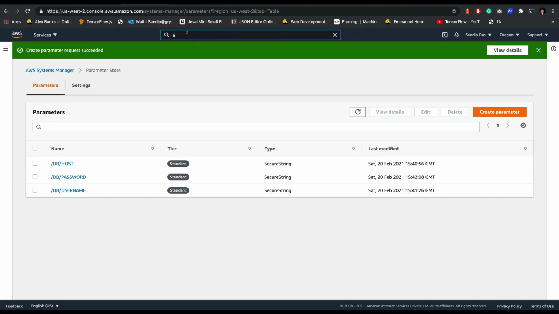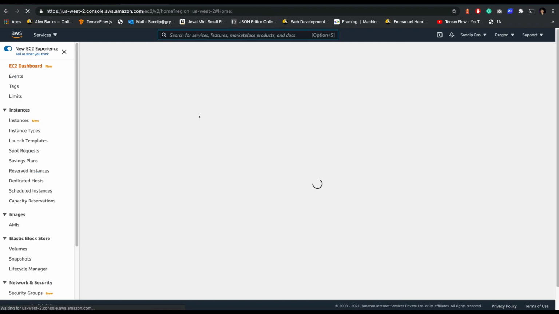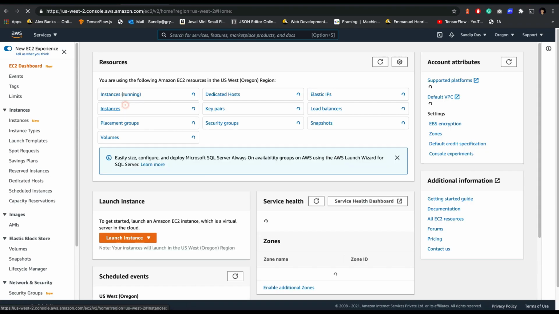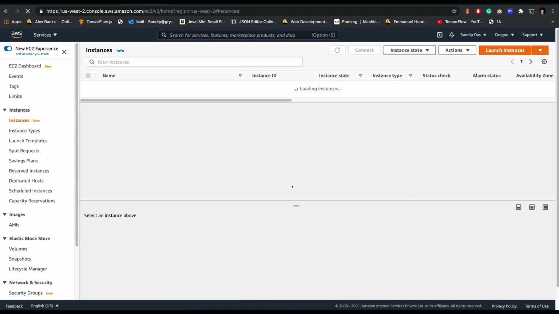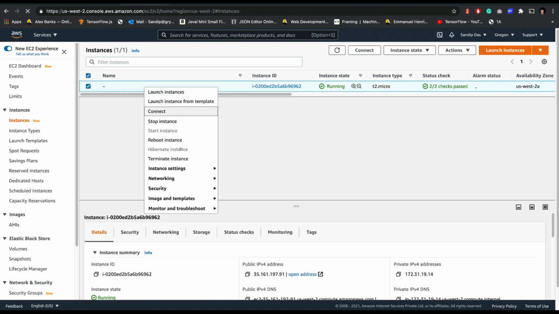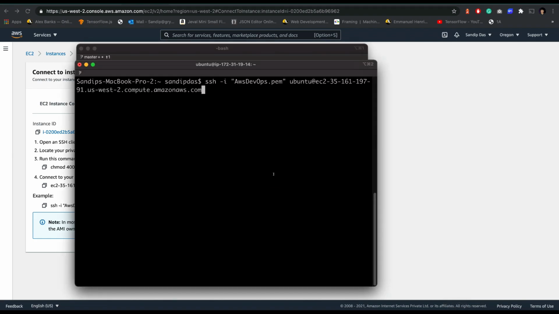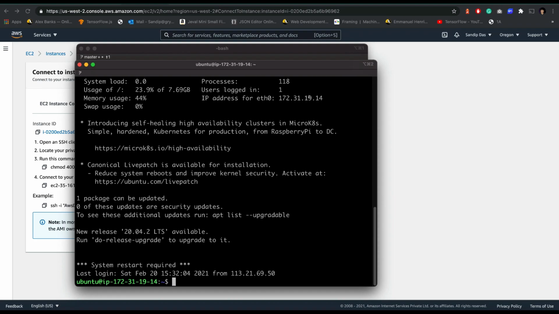Let's go to the EC2. After it loads, I will simply get the SSH connection command. Okay, it loaded now. Just right click on the instance, and if you see the connect option, just click on connect. Okay, you see EC2 Instance Connect, Session Manager and SSH client. Let's use the SSH client, and this is the command, SSH, then the PEM. I've already shown you how to do all that in the previous example, so I will not show you again. Just follow the previous example. Okay, and I'm just doing SSH and connected.